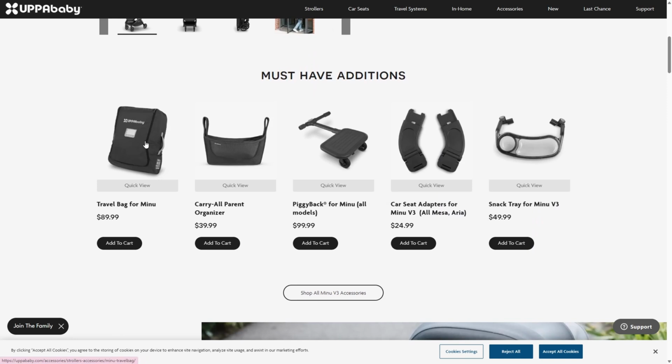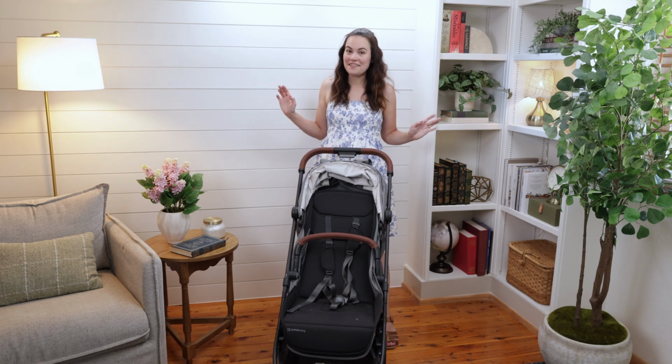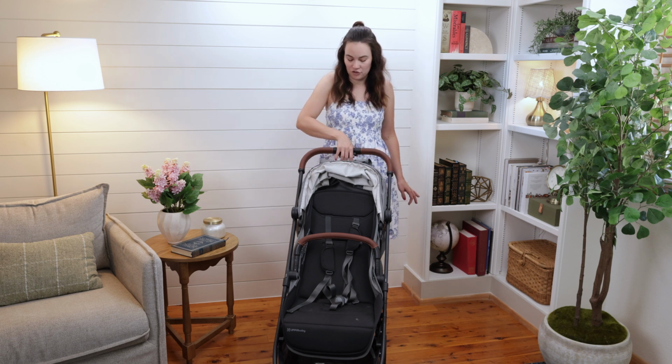You can get a snack tray and the bumper bar that it does fold with both. There's also a rider board option, which is kind of nice, and then they have things like travel bags and things like that, so I'll link some of them below. But to fold this stroller, that is the best stroller of 2025 according to Instagram, you just push the same